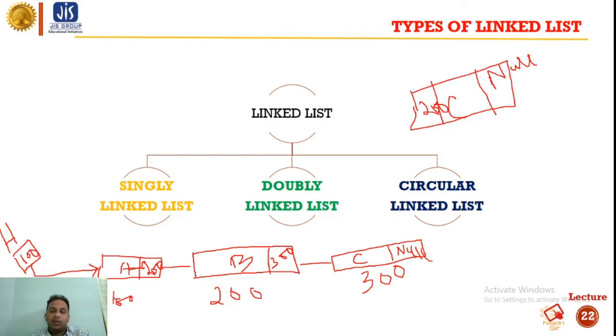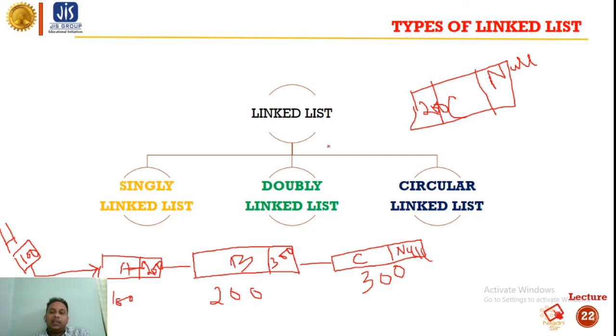Now you come to the point of why the circular linked list came to the scene. Suppose there are 100 nodes: 1, 2, 3, 4, 5, 6. Suppose you are now in the 100th node and you want to go to node number 5. Using a double linked list, you have to come from 100 to 99, then 99 to 98, 98 to 97. This is how we have to come to node 5. So this will take a huge time.